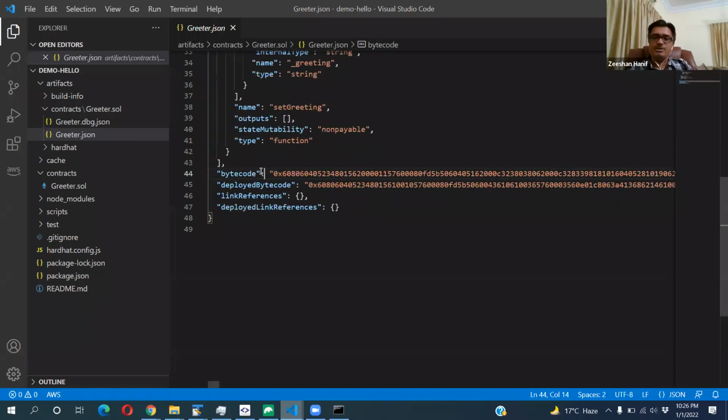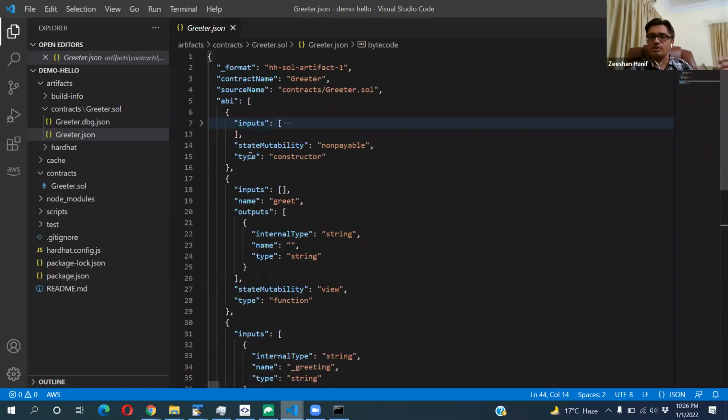These information we don't need to go much into the detail, but you need to know what they are, why they will be used, and who will be using them. We will not be using them directly, even when we'll be creating the client side. The good part of Hardhat is it gives us the TypeScript types, so you can use those types directly, and it will be just like calling a function.